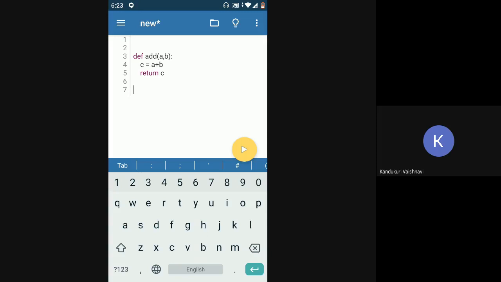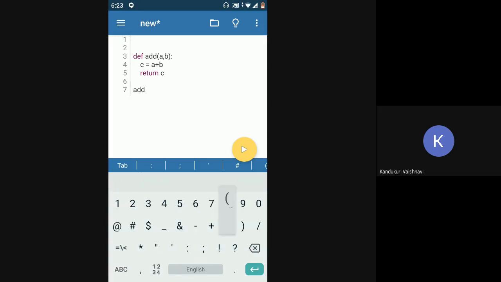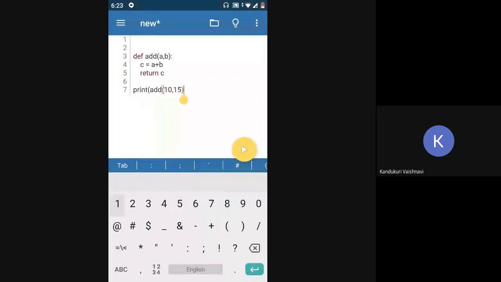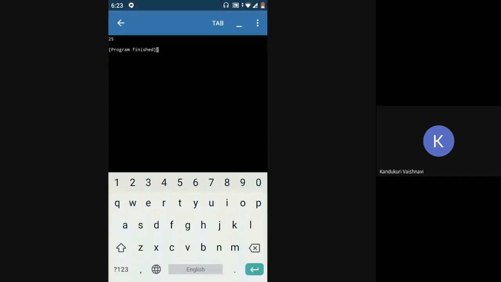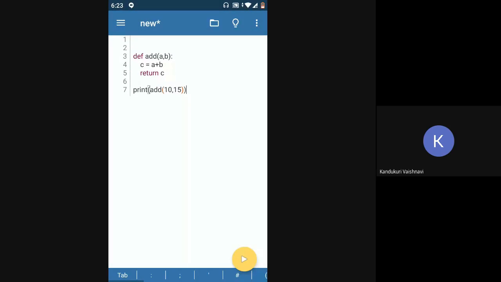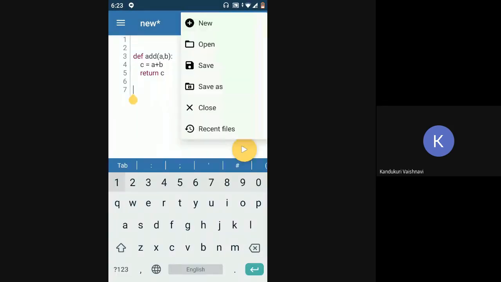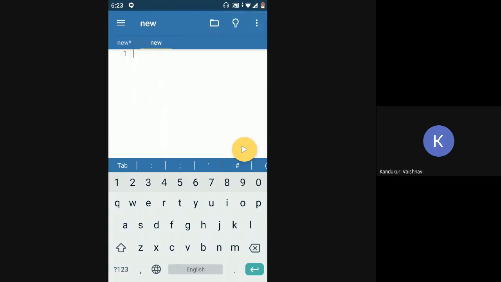If I want to execute this add in the same file, I just need to call add. That's it. I just need to call add, and I need to give it whatever the required parameters are, and that's it. This is how to use a function in the same file. Now probably this file is done, and I go to another file some 2 or 3 months later, and I want to write some other code which also requires an add function.